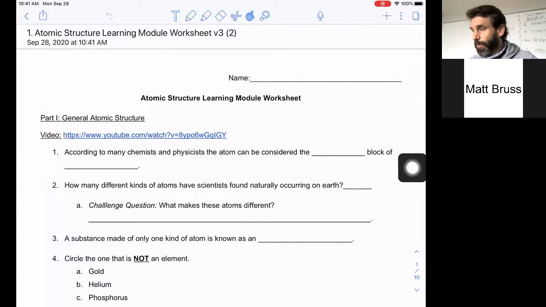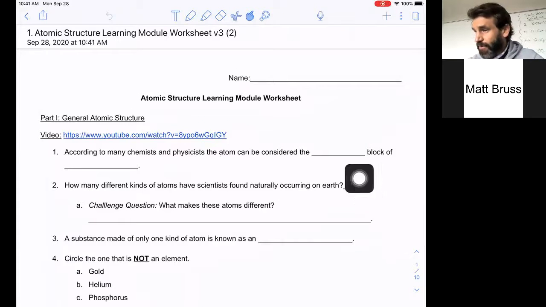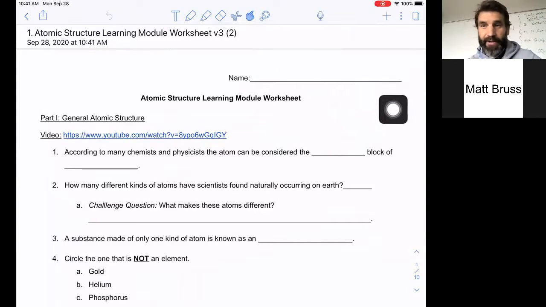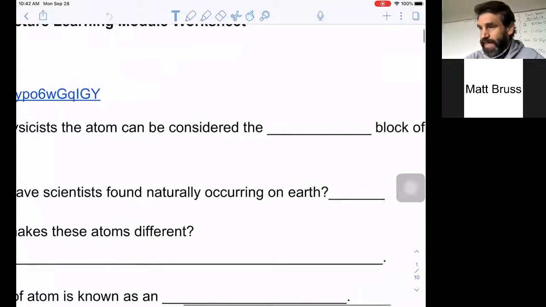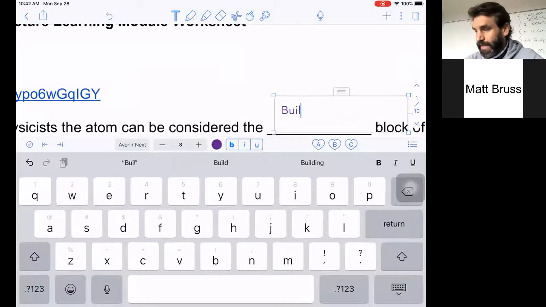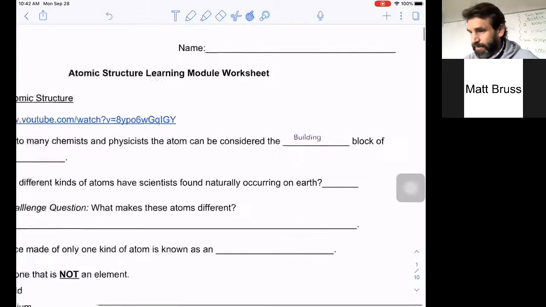And this is great. So here's a little hint to those of you doing this right here. There's little tools up here. This is probably pretty standard for a lot of programs that you're using. According to many chemists and physicists, the atom can be considered, well, let's see here. If I put a text in, I can click right in here and say building. And I can shrink this down a little bit, and I can move it, right? I can put that right here. It can be considered the building blocks